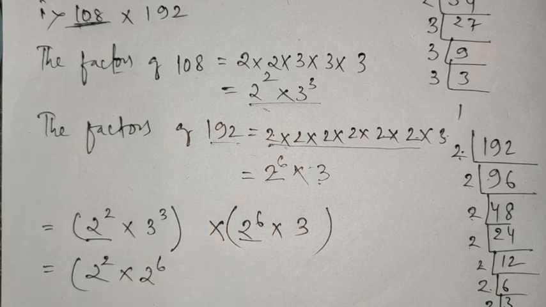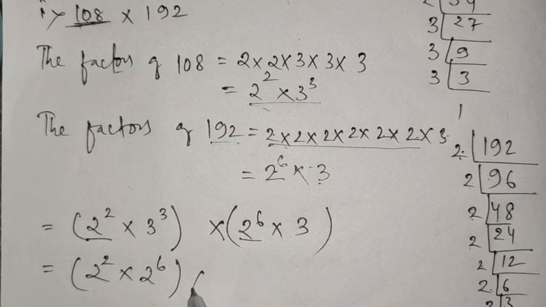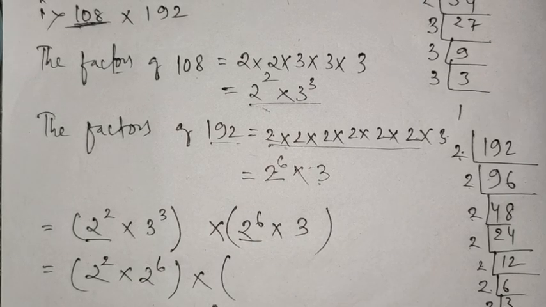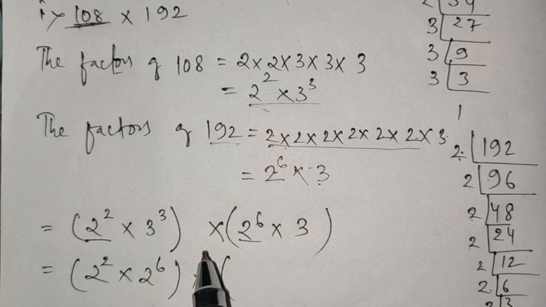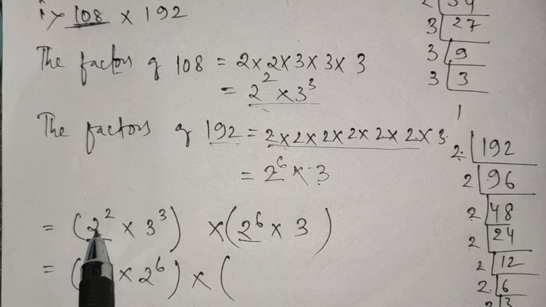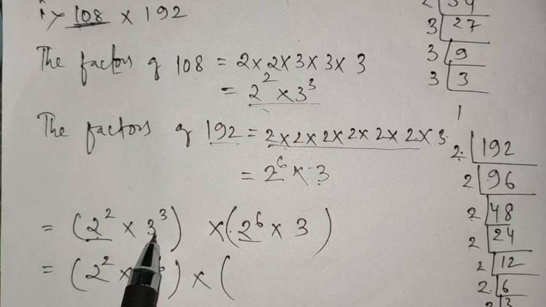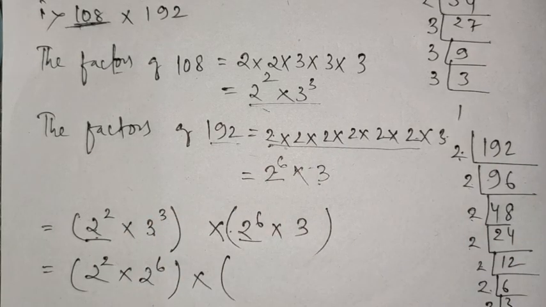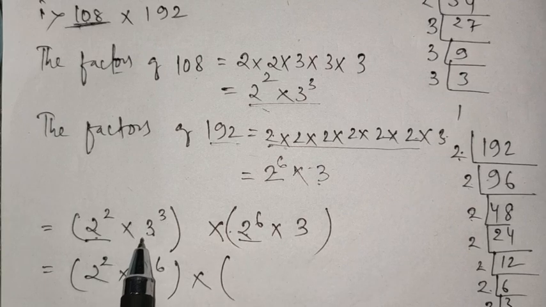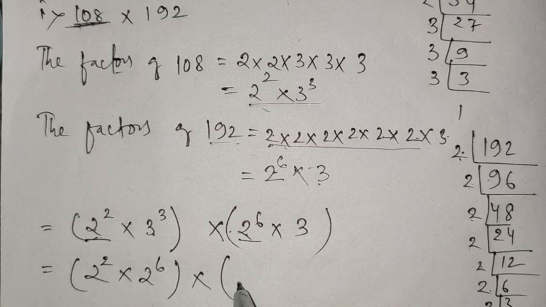together, base 2 together. Now this is called rearrangement. What rearrangement we are doing here is bringing the same bases together. 2 and 3 are not the same base, so I am removing this 3 from here and bringing this 2 together to this 2. I am matching them, and 3 to the power 3 into 3.